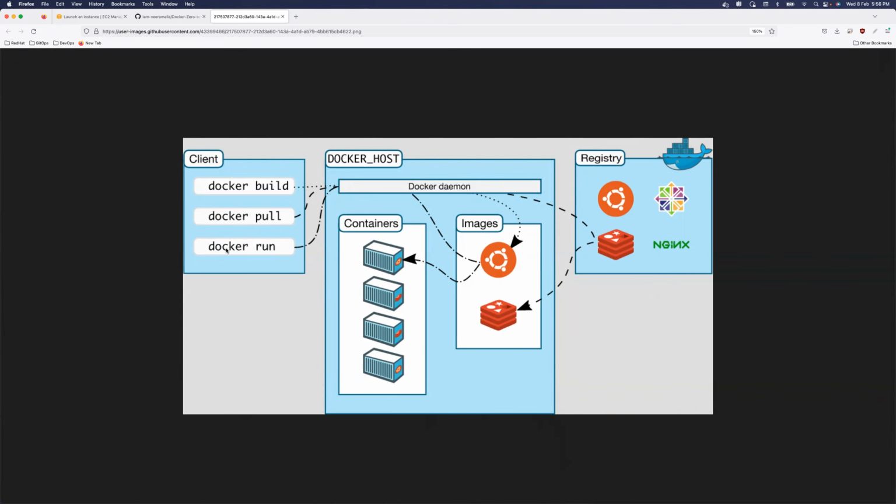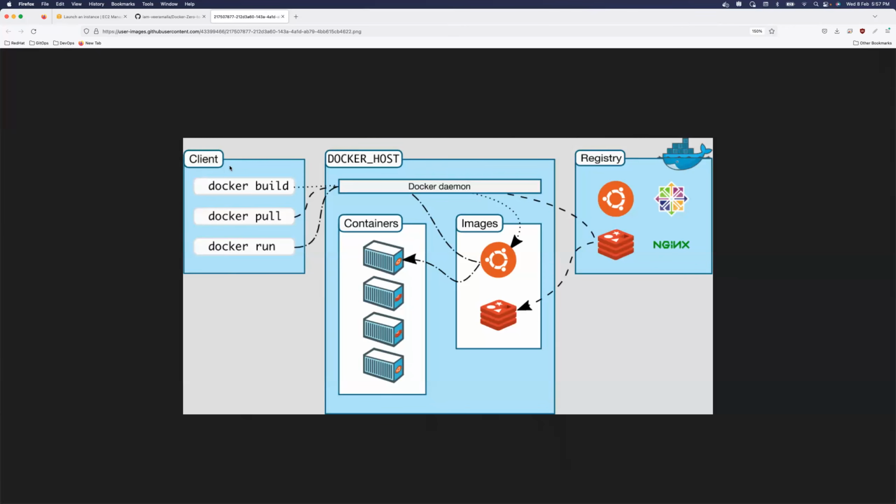Now, what is the architecture of Docker? I explained that Docker is a platform. Now, what is this platform? How will this platform let you create containers, or push Docker images to a private or public registry? It basically happens through your Docker client. I'll show you how to install Docker and how to run the Docker commands, so don't worry about it at all. But first of all, try to understand the architecture.